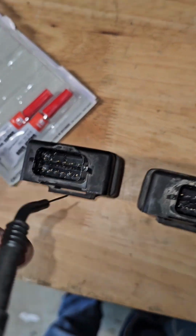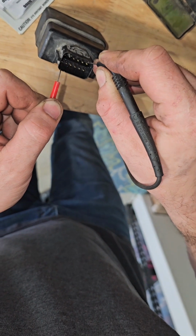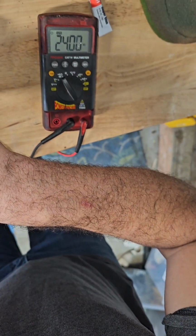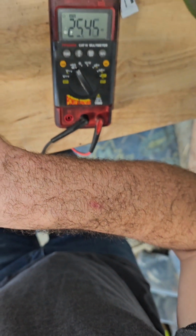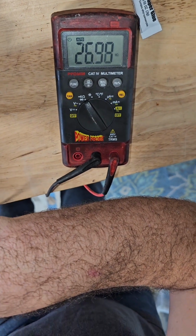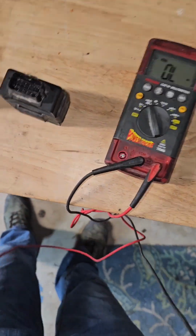Okay, so I have on this one I have somewhere. So let's see if I can do it again. Like 26 mega ohms, I think. And then on the bad one,